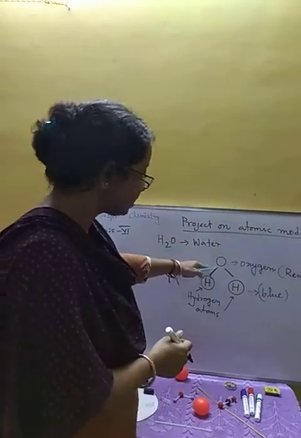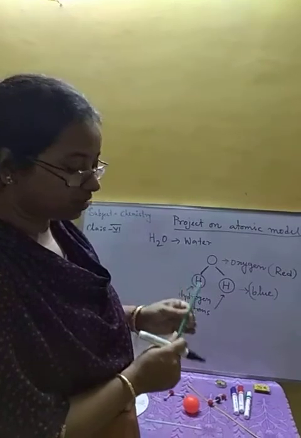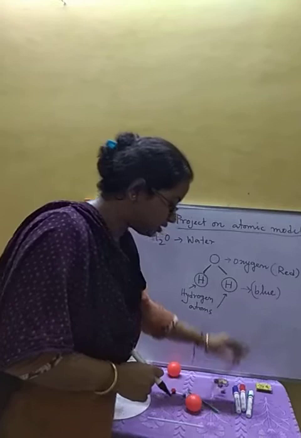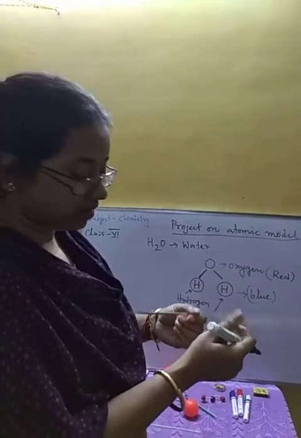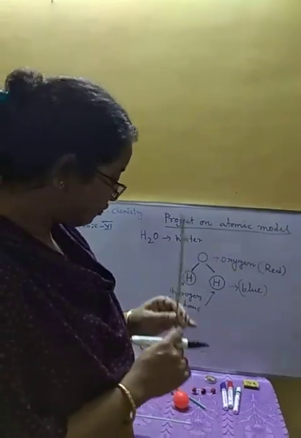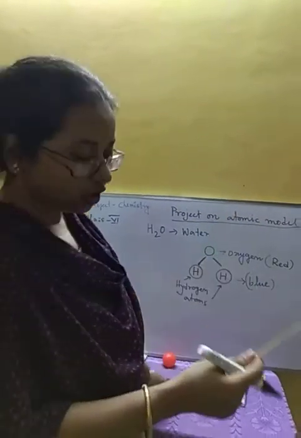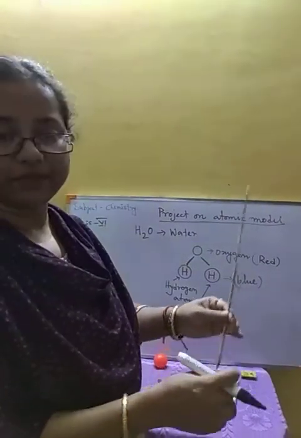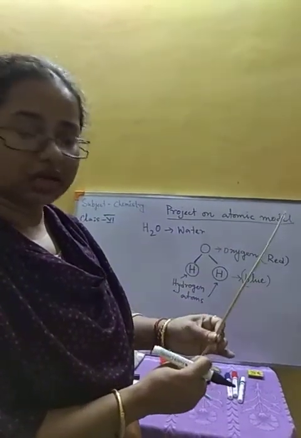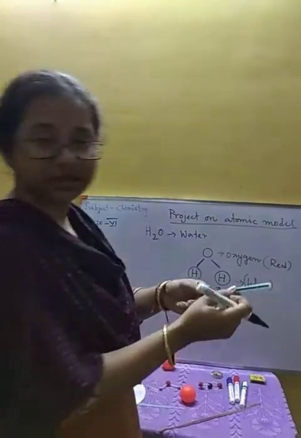So for bonds you can use either white color or black color. Or you can use these wooden sticks also, but here again you have to wrap them with newspaper. So how can we make the bond? Either we can use these wooden sticks, which you wrap with newspaper or any paper and then color either white or black, or you can use these use-and-throw pens. Okay.